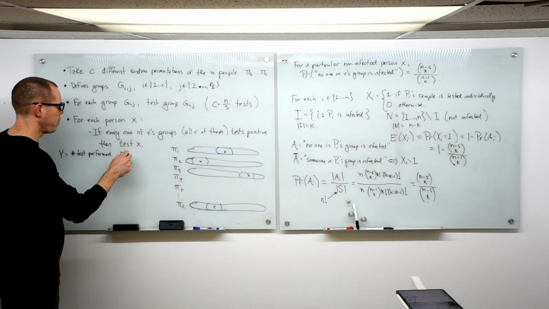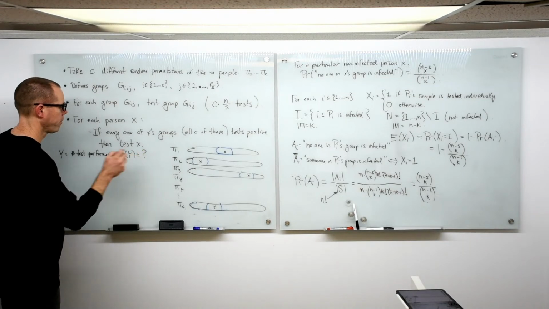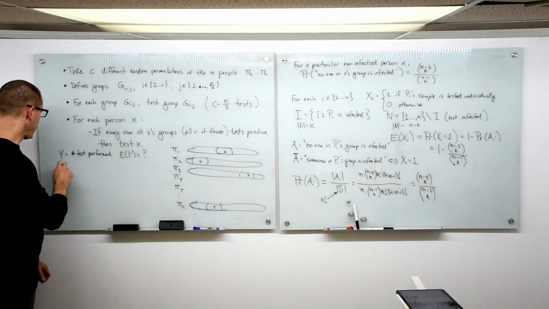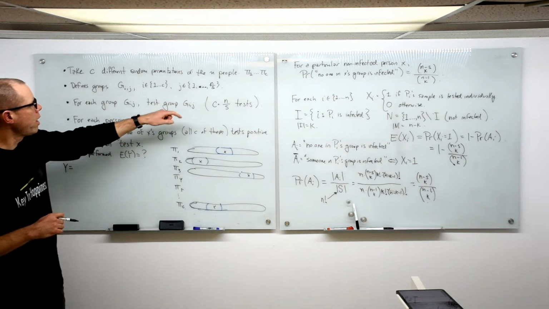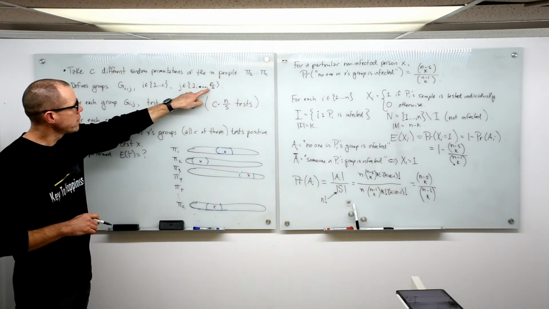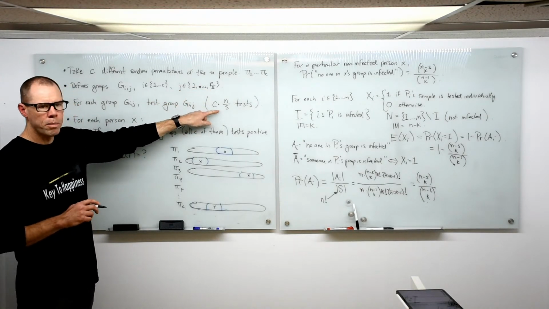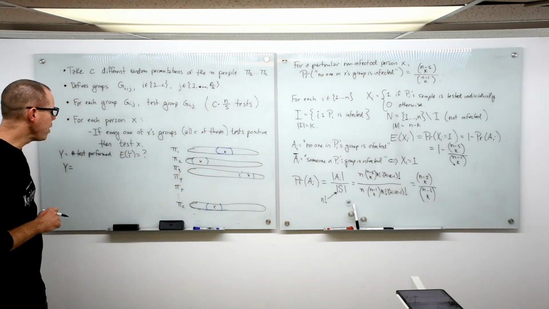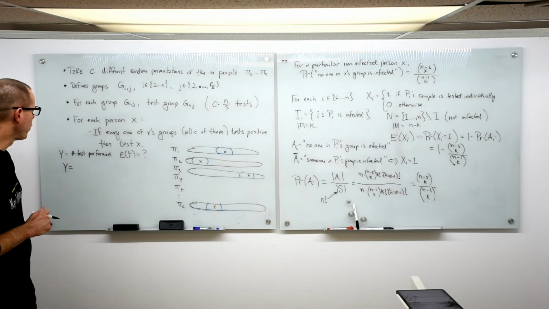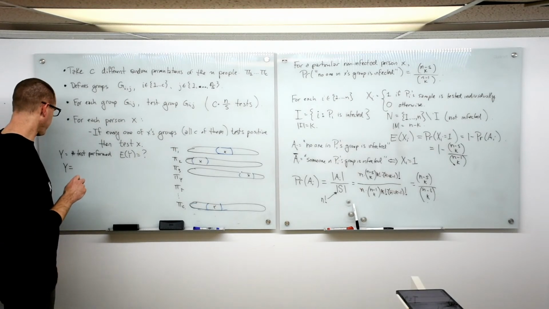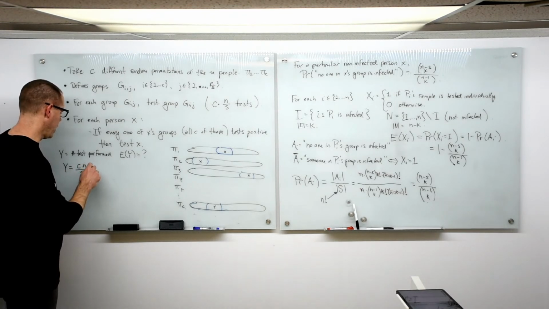We're interested in the expected value of Y, and we can start writing it down. Y is equal to, well, there's a big overhead cost, because now instead of doing just n over s tests, we have to do C times n over s tests. And maybe that'll save us enough of this second round testing to be worthwhile. So Y is going to be C times n over s plus,